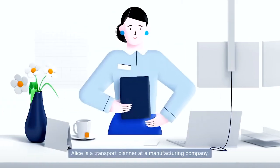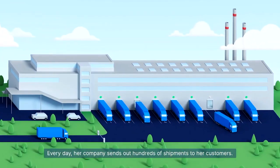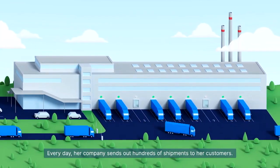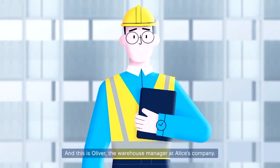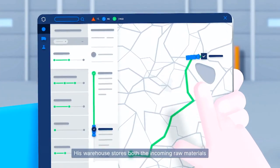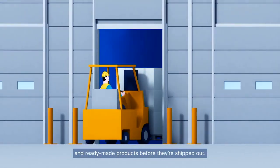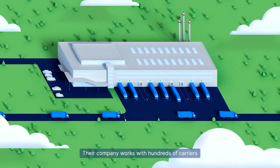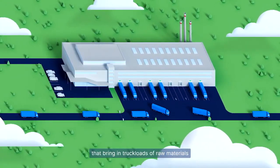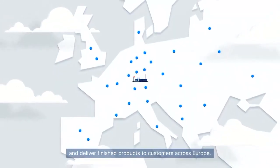This is Alice. Alice is a transport planner at a manufacturing company. Every day, her company sends out hundreds of shipments to her customers. And this is Oliver, the warehouse manager at Alice's company. His warehouse stores both the incoming raw materials and ready-made products before they're shipped out. Their company works with hundreds of carriers that bring in truckloads of raw materials and deliver finished products to customers